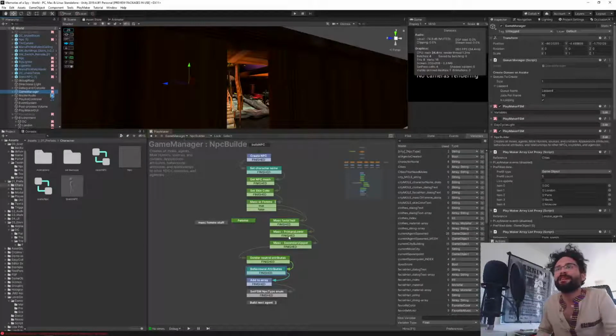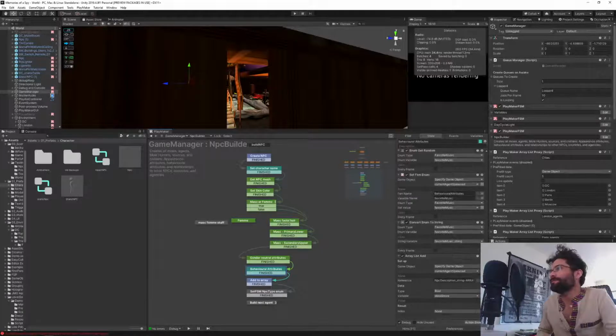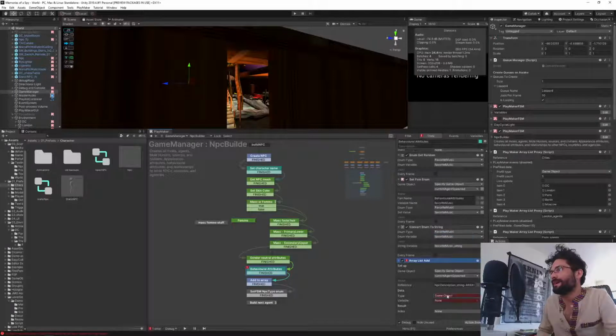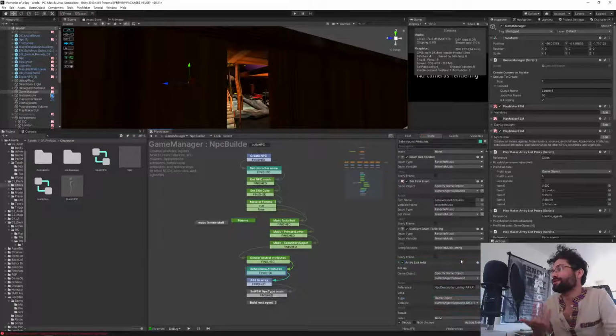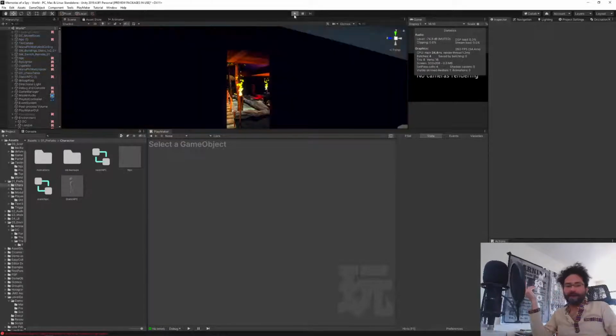Game manager, NPC builder, state. Right down here in the bottom, I'm just gonna go ahead and do an array list add, and we're gonna do a game object, and we're gonna put in the mesh. Put in that mesh. Let's see what happens. There were two types of values in that array list. There were strings and there were bools. If I would have known that you could do that...